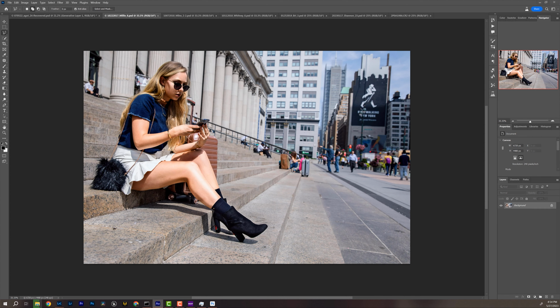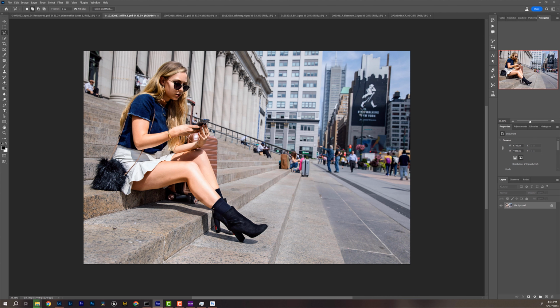So let's take a look at this picture here. Now, this is a great image. I took this in New York during Fashion Week. She's an incredible influencer, and I didn't even know how big she was until after we worked together, but I'm glad we did. Now, when I shot this, I wish we had maybe something right here, like a coffee cup or something.